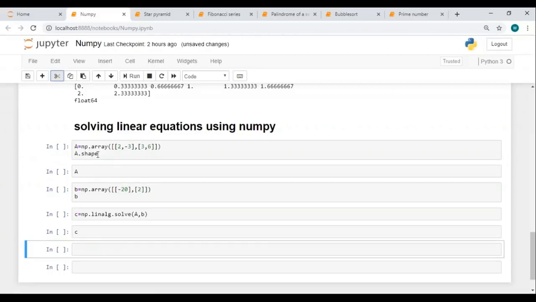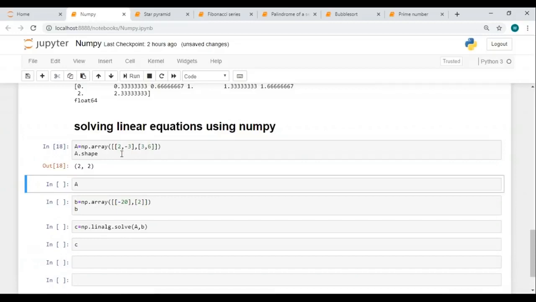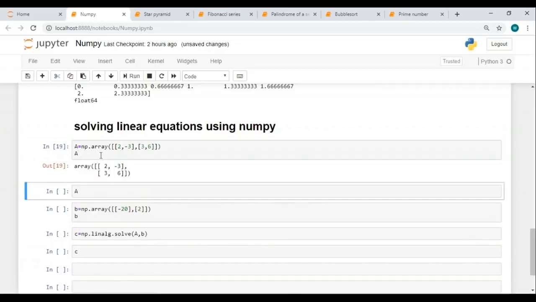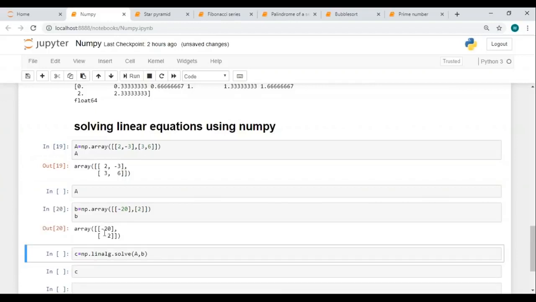As you all can see over here, I have two arrays A and B. Now let me just show you how it actually looks. My array A looks like this and my array B is this. I want to find two unknowns, that's x and y.